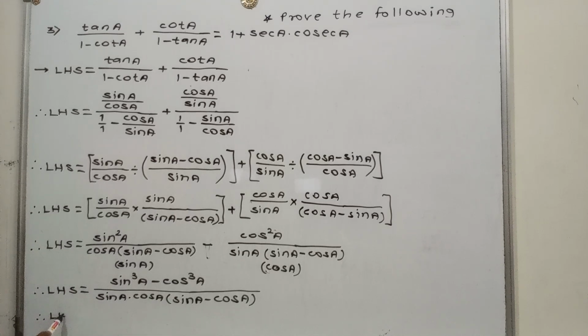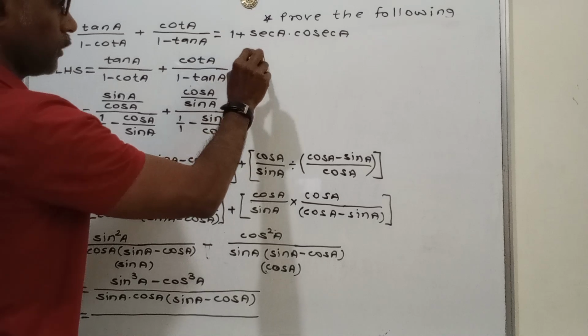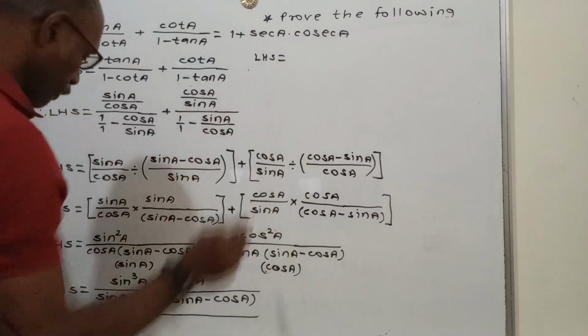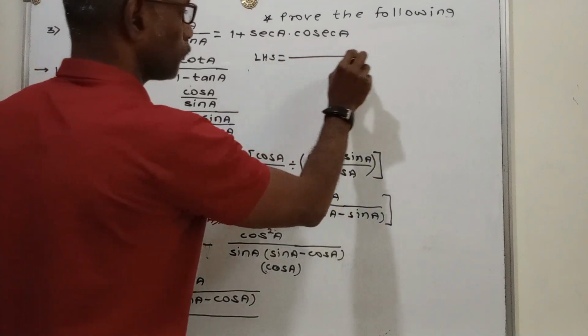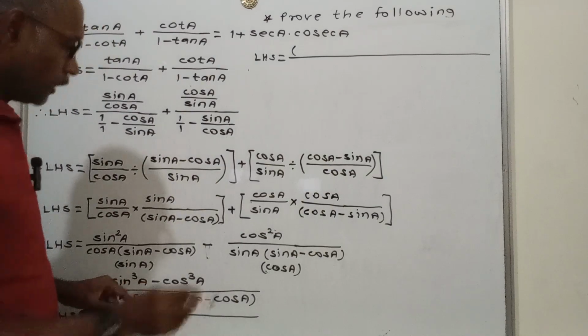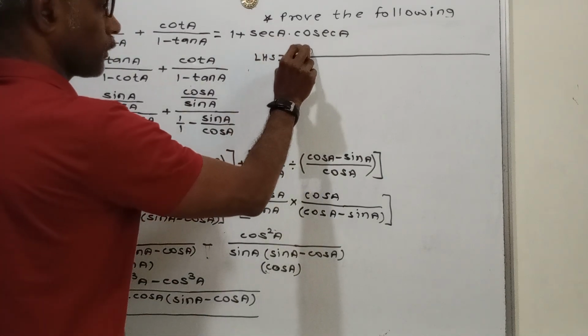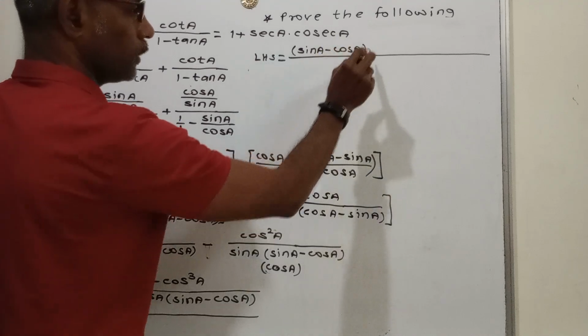Therefore, see this carefully, LHS is equal to, we apply the A cube minus B cube formula, means sin A minus cos A,